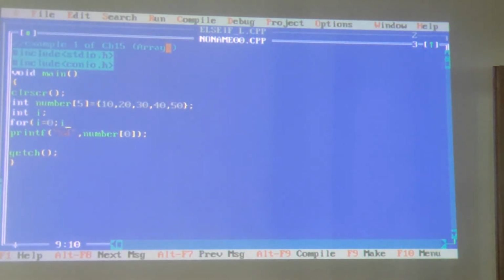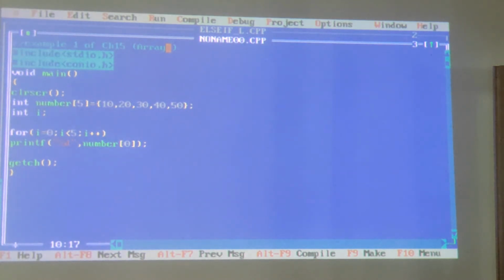Lying at the 5th position, that is the 4th position. We start from 0th, so 4th position. I less than 5. Then I plus plus. Okay. So for I is equal to 0, I less than 5, I plus plus. Like this way we write.